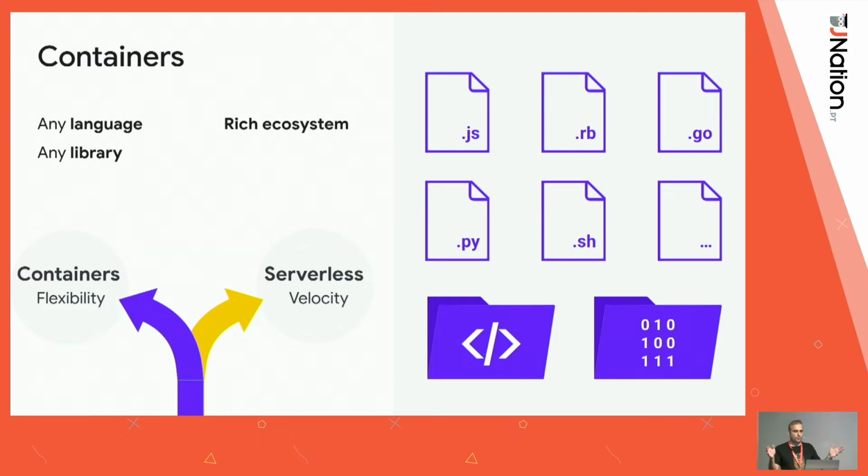And we had these two worlds against each other, right? Serverless for velocity, and containers for the flexibility of choosing whatever language you want. But there was no overlap. If you wanted to use containers, you had to learn about Kubernetes, which is not easy. There are a lot of concepts that you need to learn about. And then you need to think about a Kubernetes cluster. You need to set that up and maintain it. I know there are Kubernetes engines on Google Cloud and other clouds that make it easier, but you still need to think about that cluster, right?